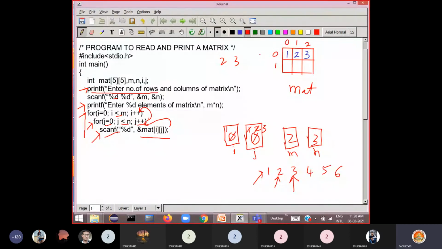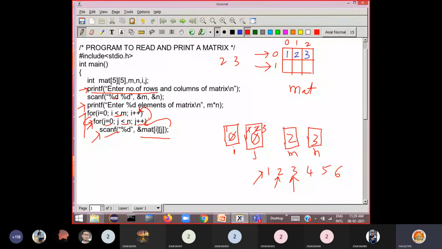When i value is 0, that means you are storing the values into the 0th row. Whenever you say i plus plus, i becomes 1. Now you are trying to read values into row number 1. So i plus plus means i value becomes 1. Check the condition again. 1 less than 2? Yes, true. So when the outer loop condition is true, again it enters the inner loop freshly. That means the inner loop starts again from the beginning.